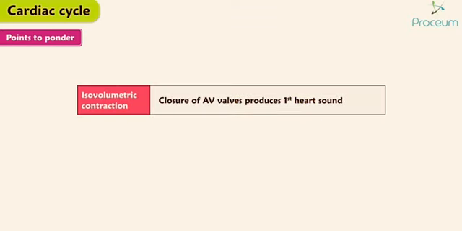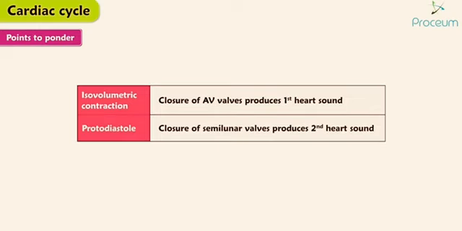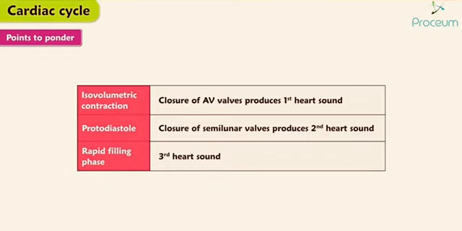First is isovolumic contraction. Closure of the AV valve produces the first heart sound. Protodiastole: closure of the semilunar valve produces the second heart sound. And the third is the rapid filling phase, which is the third